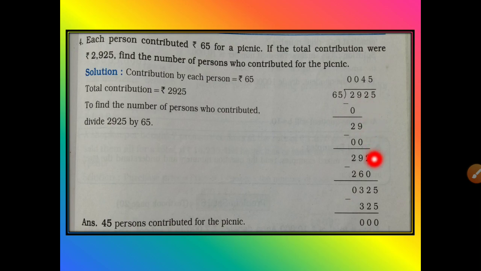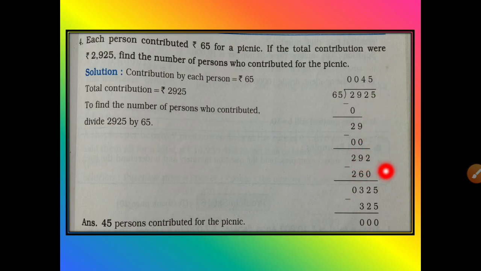Copy next number, that is 292. Is this number smaller than 65 or bigger than? Bigger than. So this number will come in the table of 65. For that you need to write the table of 65. 65 4s are 260. 292 will not be there, but the smaller number is there, that is 260. 65 4s are 260. 2 minus 0, 2. 9 minus 6, 3. 2 minus 2, 0.